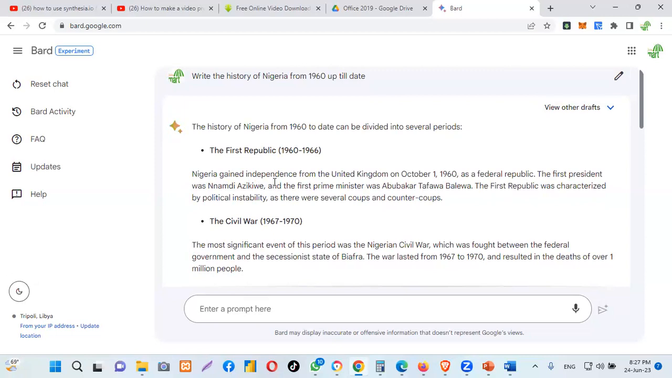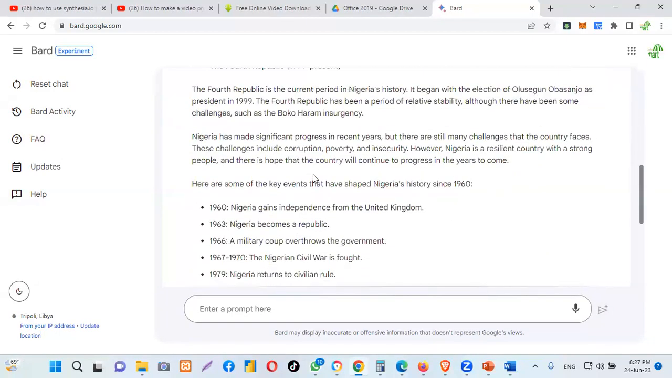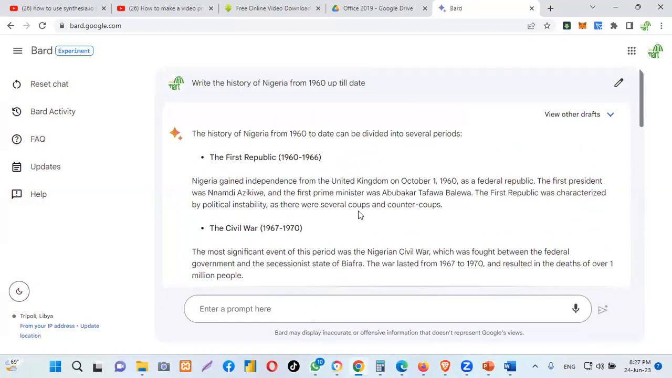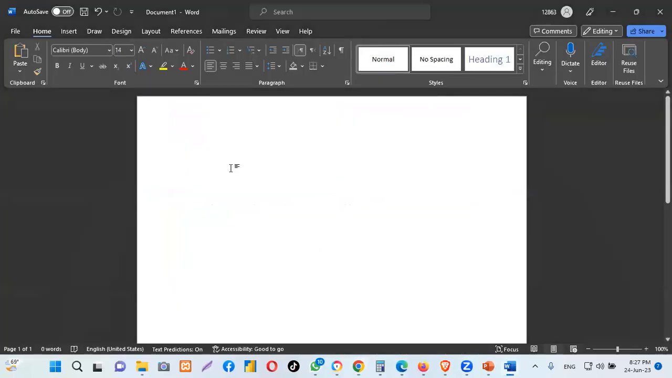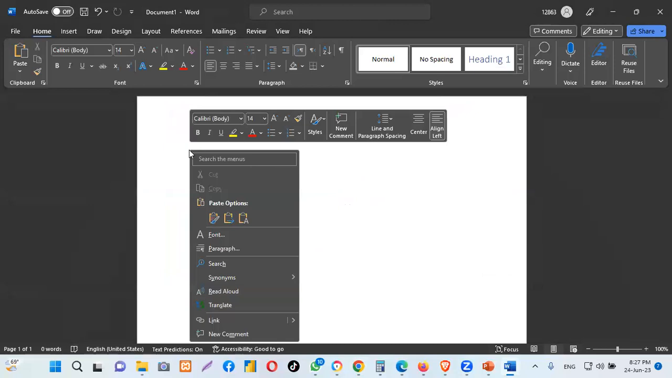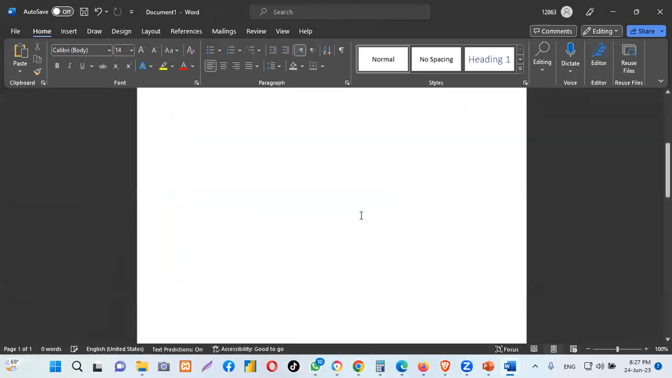The first republic was characterized by political instability as there were several coups and counter coups. The civil war. So this is what the AI generates. Now, I want to take this to my Microsoft Word. All I need to do is copy, and I go to my Microsoft Word, and then I paste